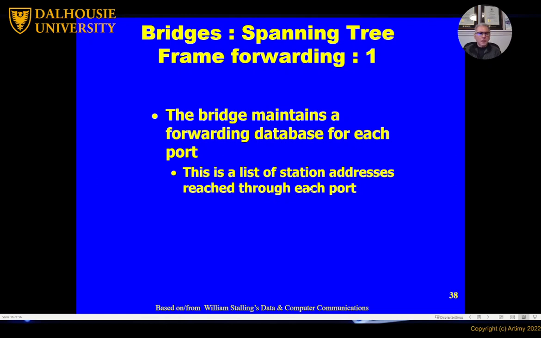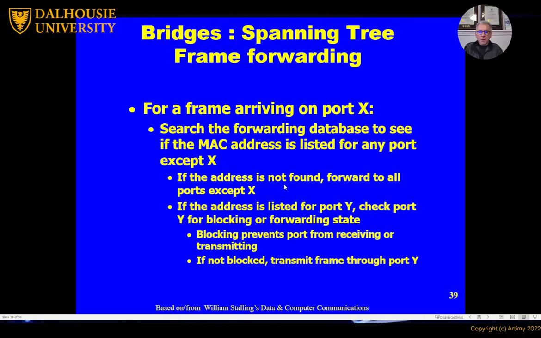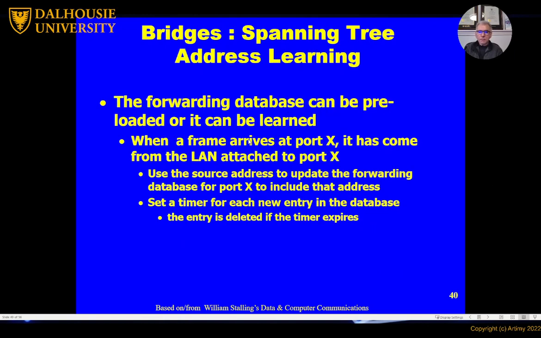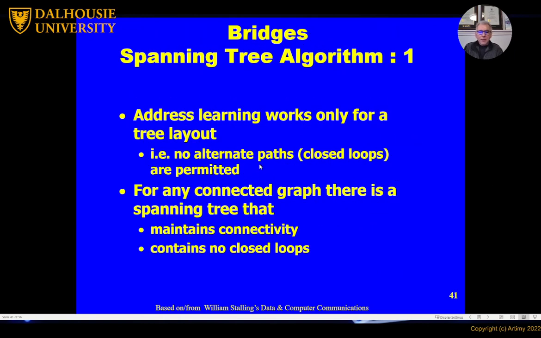The address learning, we need it so that instead of flooding, which is not a good idea, not as bad as loops, but it's not a good idea either to continue flooding the network. So the bridge needs to learn how to forward packets accurately by learning about their MAC addresses, right? And then finally, we talked about how to prevent loops by using the spanning tree algorithm.